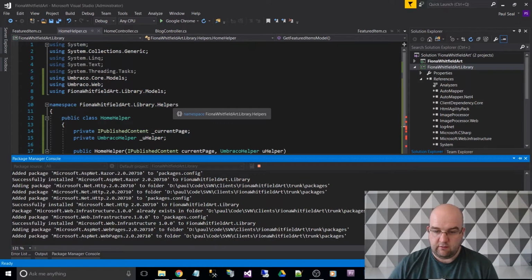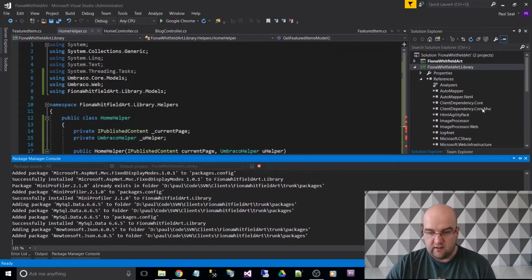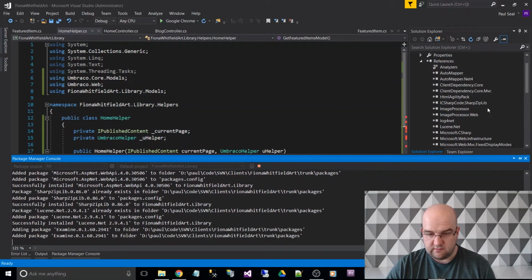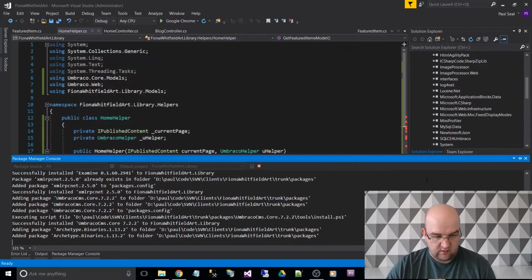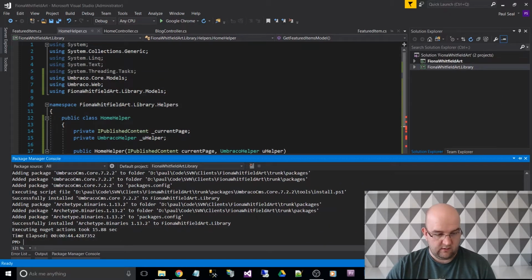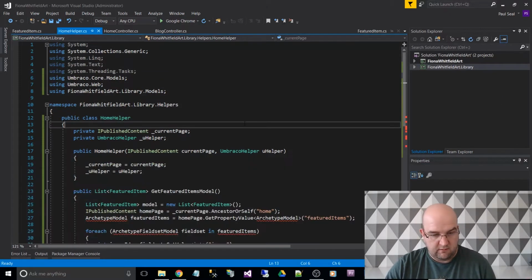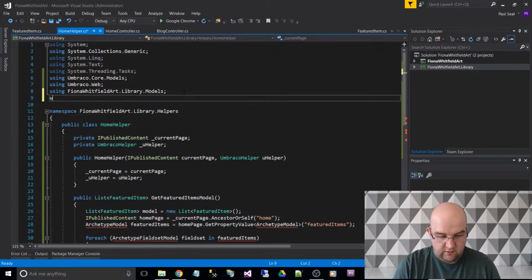Installing, all the references being added. It's got quite a few. I didn't realise it was going to use so many. Well, hopefully it won't die. Yeah, it liked it. I'm happy with that. Now I can just do using